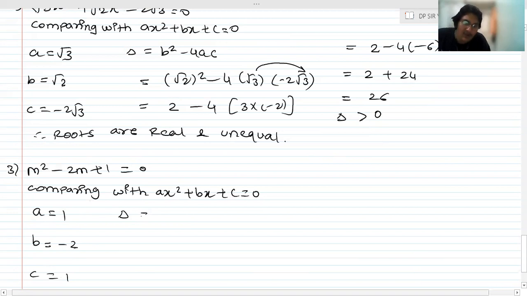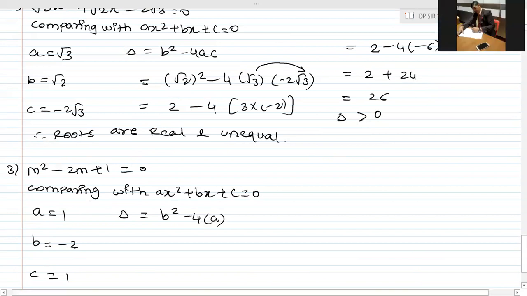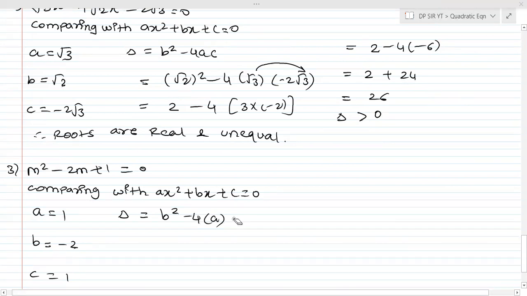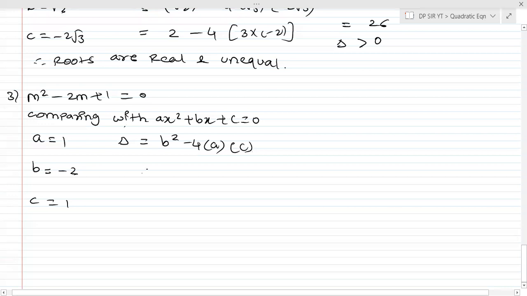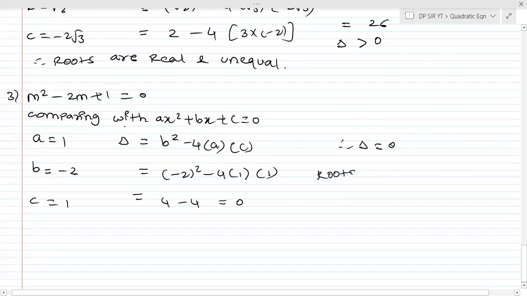I am interested in finding nature of root, which can be identified using the value of delta, which is equal to b square minus 4ac. Okay, just give me a moment. हाँ, b square minus 4ac, which is equal to, what is b का value? Minus 2 square minus 4ac, that is 4 minus 4, which is equal to 0. And so sweet of you कि delta का value क्या आ गया? 0. Finally we are waiting for the most awaited result. Delta का value 0. उसका मतलब क्या है? Roots are real and equal.